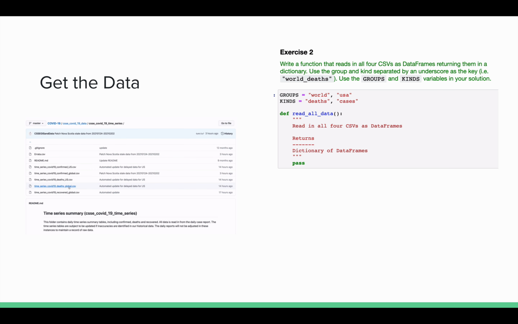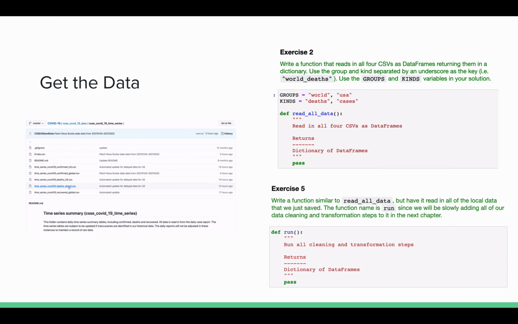Now, as we go through this course, you'll see that there are many exercises available that ask you to complete a specific task. And many of these tasks will be found in our production code. So these exercises are a way to complete the code that will end up running our